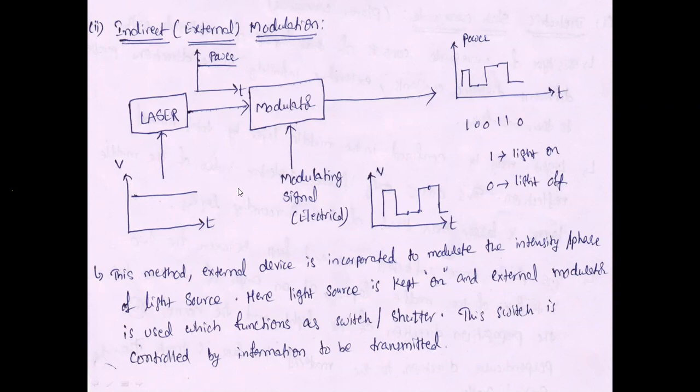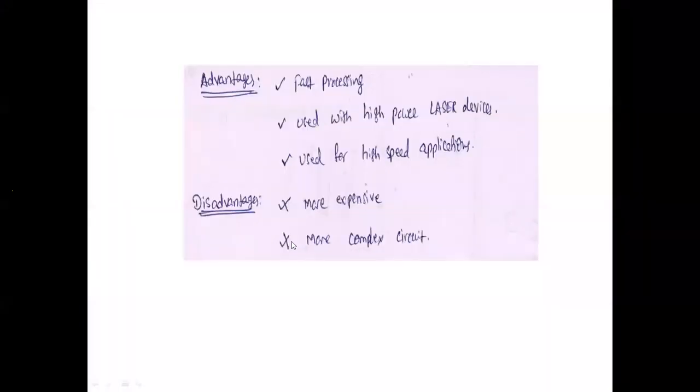Right. Here, what is the difference between direct and indirect modulation techniques? In the direct modulation technique, the laser is on and off, depending upon the input signal. But in the indirect modulation technique, we are taking the laser with an external modulator. The laser is continually on, which is an external source to the modulator. Whenever the input electrical signal is in the positive half cycle, we are getting output as 1. Right. These are the differences between direct and indirect modulation techniques.